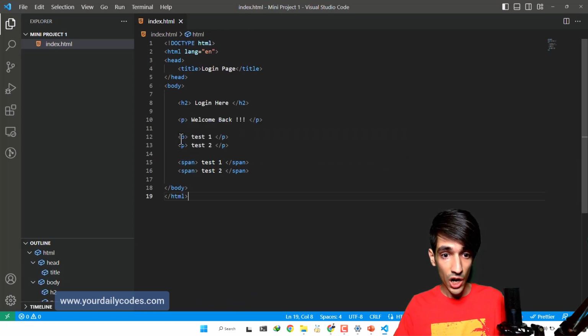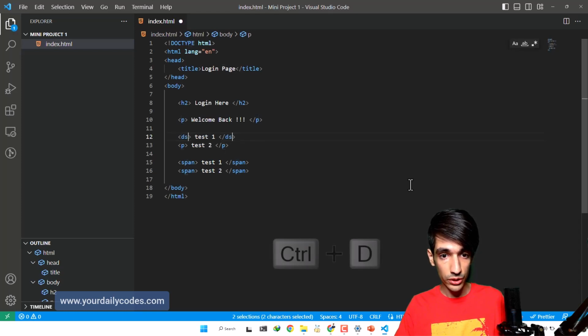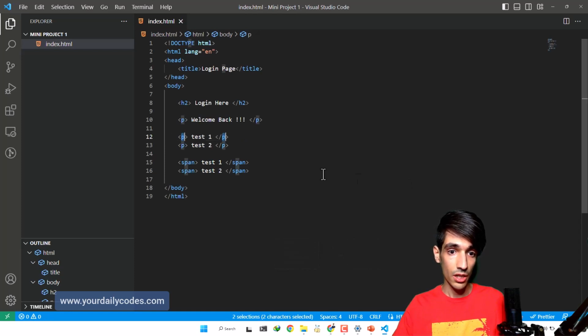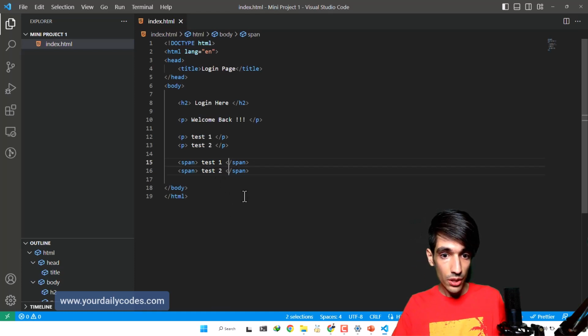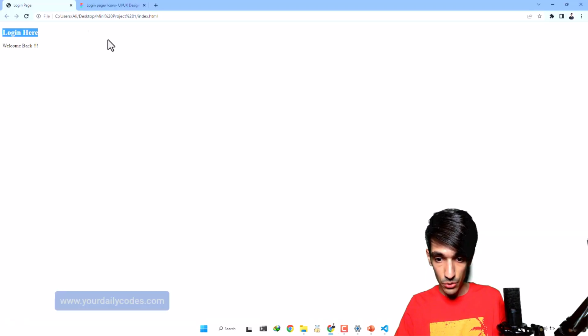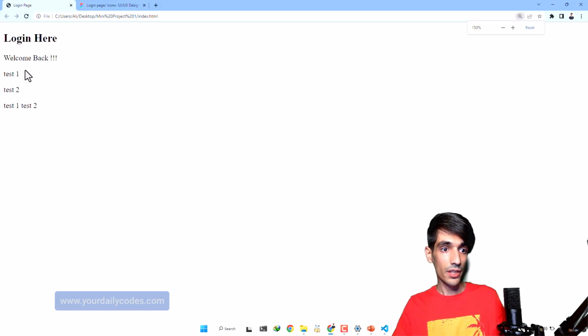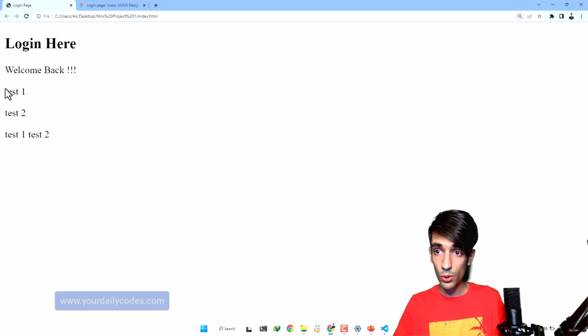And if you wonder how did I do this, you can highlight something and press Ctrl D, and it highlights the same thing as it hovers, so you can type in multiple places. Or you can use alt click in VS Code. As you can see, now I have two cursors. So now we have test 1, test 2 here, and test 1, test 2 here. Let's get back to Google Chrome and hit refresh. There's something that I want to notice here. Let's zoom a bit more for you.